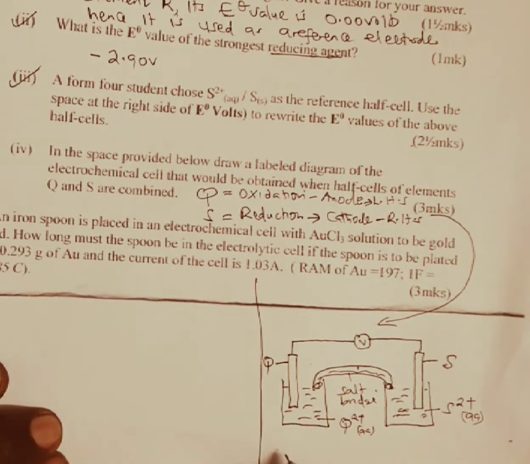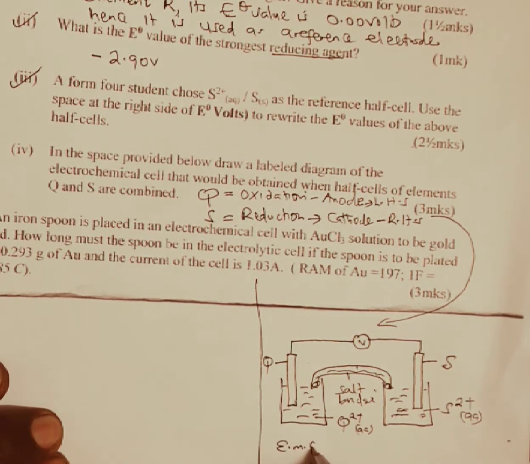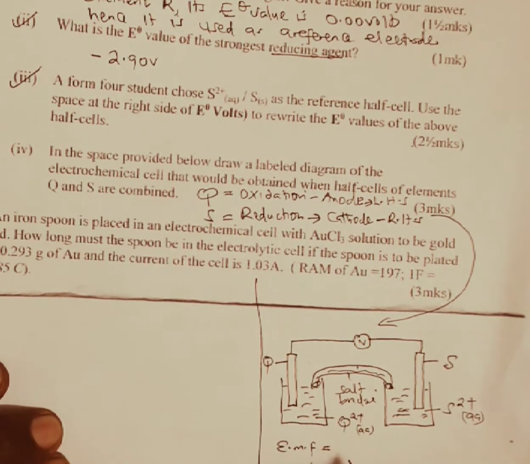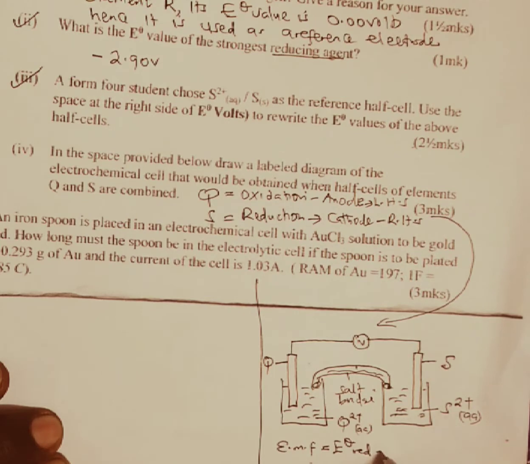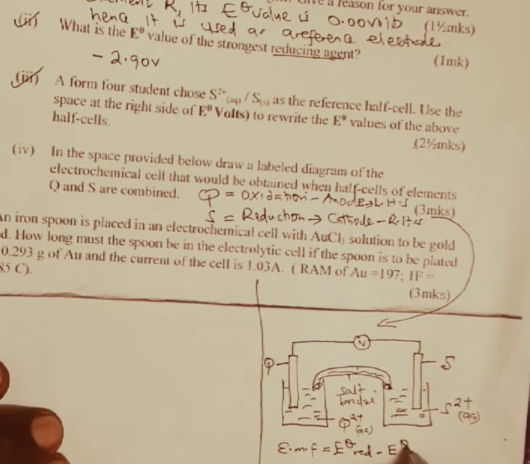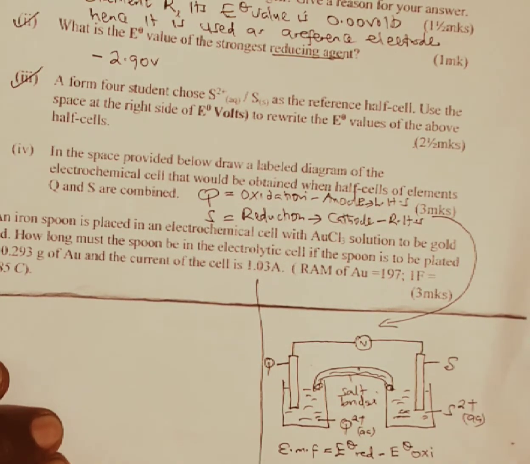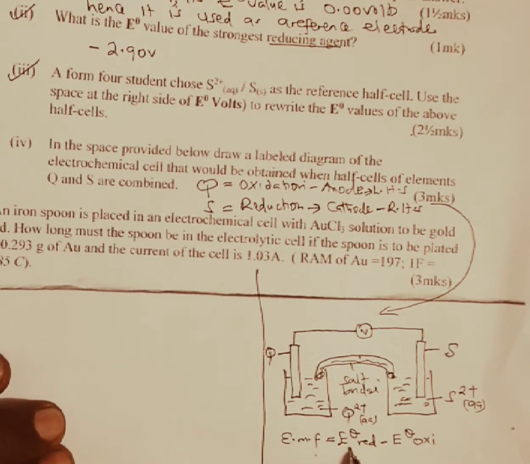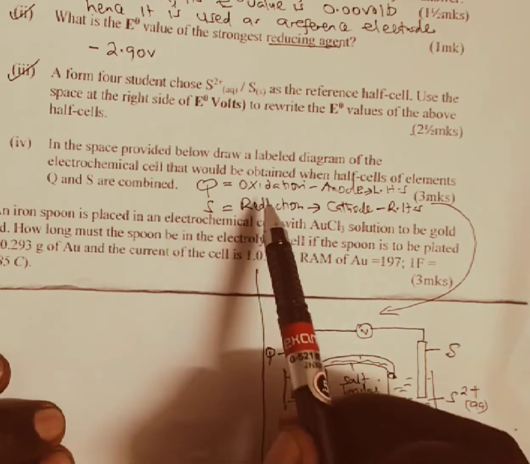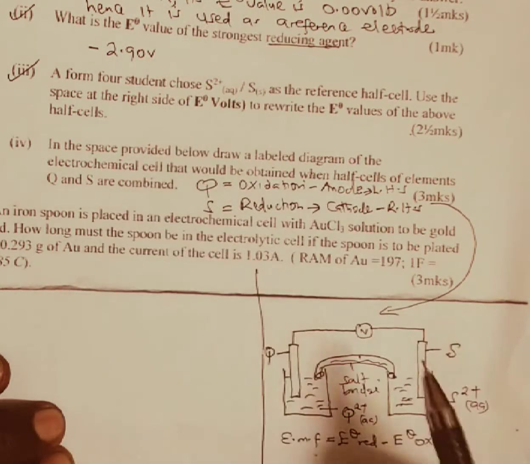And assuming you've been told to calculate the electromotive force of this cell, then the EMF is given by the E theta of the substance undergoing reduction. You subtract the E theta of the substance undergoing oxidation. And in this case now, the E theta value of the substance undergoing reduction is that of S, which has